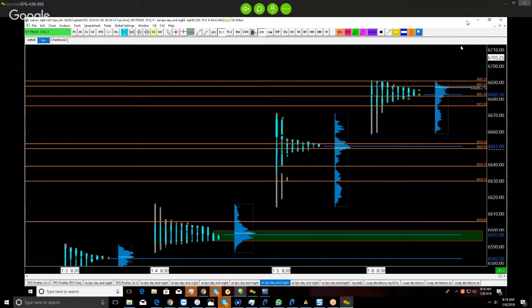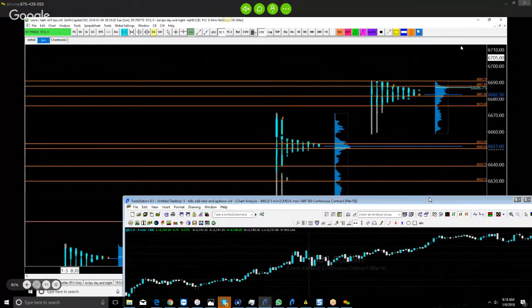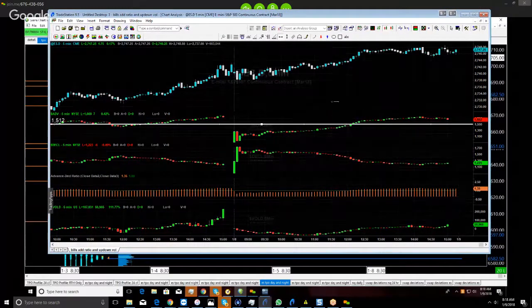Our short location was fantastic in NQ, and I'll be looking for that again today. I'm looking for the markets to be gelling with one another. I expect the market internals to be working. The last piece I have is just because market internals open weak does not mean we can't have an up